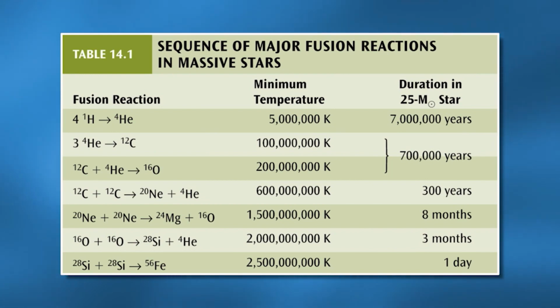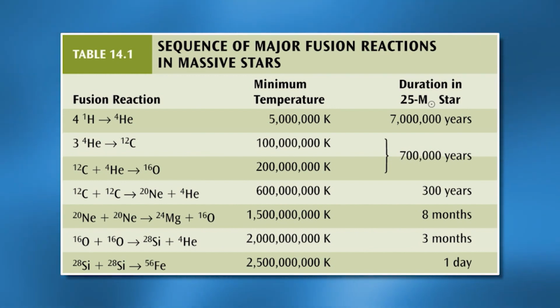To go on to convert helium into carbon, that's another thing that even low mass stars can do, you need temperatures in excess of 100 million Kelvin. And that happens for a relatively short period of time, hundreds of thousands of years as opposed to millions of years. Then to go on to convert carbon and helium into oxygen, carbon into neon, neon into magnesium, and build heavier and heavier elements, ultimately getting up to this point of forming something as heavy as iron, you